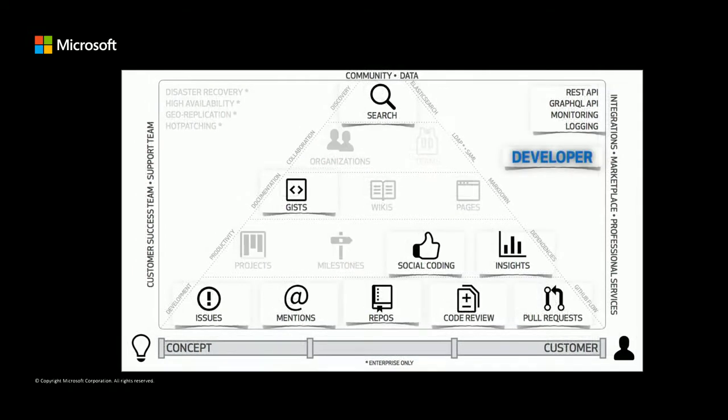Next slide, please. So the developer persona. These are the people who live in GitHub day to day. They're making contributions to your applications. They're delivering features, patching bugs, the whole bit. As we move through the persona pyramid, if you could take a snapshot of this in your mind, this is probably who GitHub was, at least initially, and still is very much optimized for: your developer persona. They're using a whole slew of features, left to right, to make contributions and deliver software that is higher quality, better tested, more secure, and faster. That's our philosophy there.